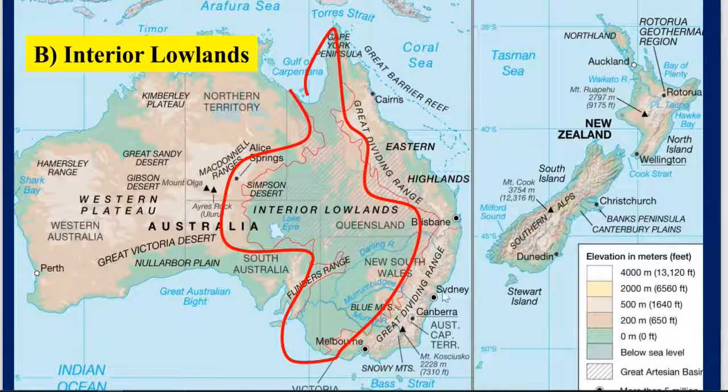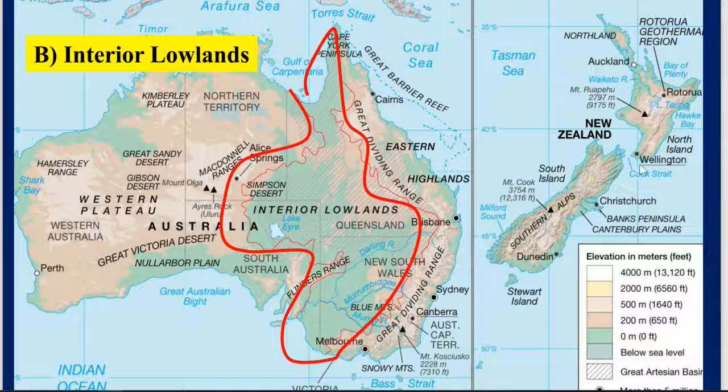Then you have the interior lowlands. This is a mixed bag. It's hot and dry, but there's decent soil, and you do have the aquifer under here. So that provides resources for water and farming, etc. Even in the drier areas, it is a productive area, and I think most of the agriculture, aside from the Mediterranean areas, which you'll see, comes from within here, as well as the coastal area over here.